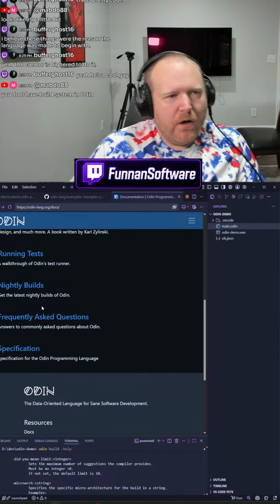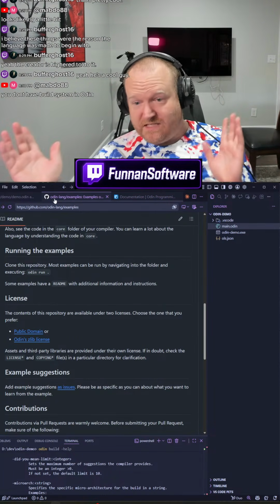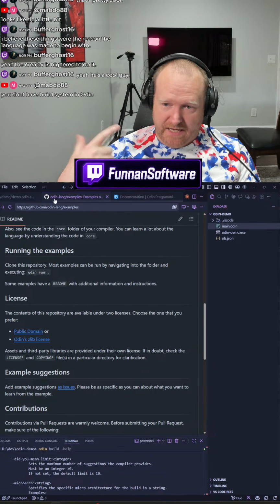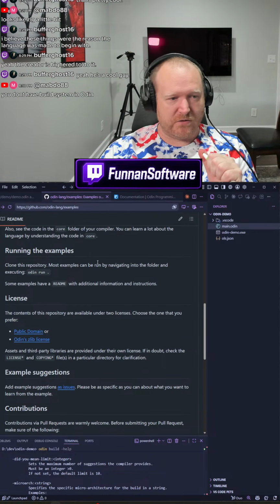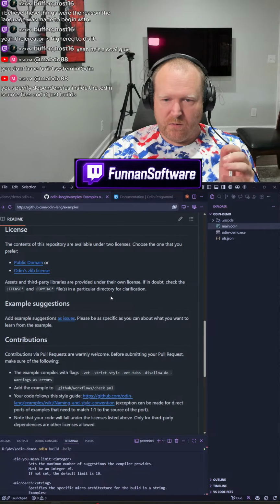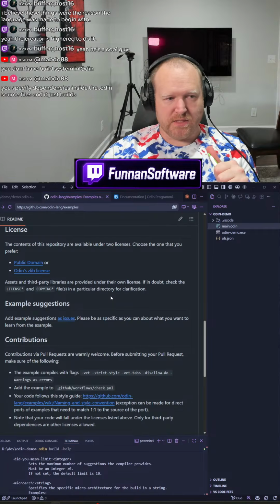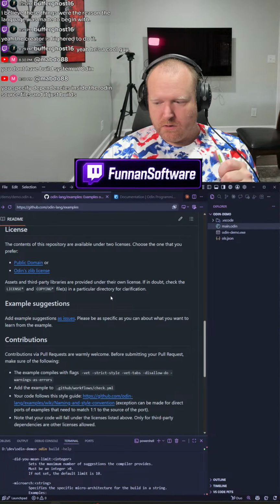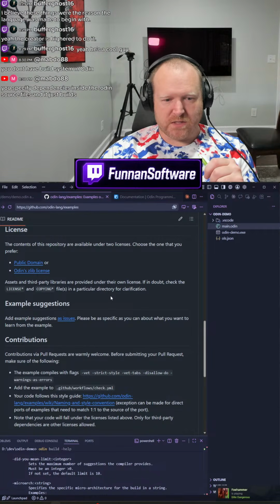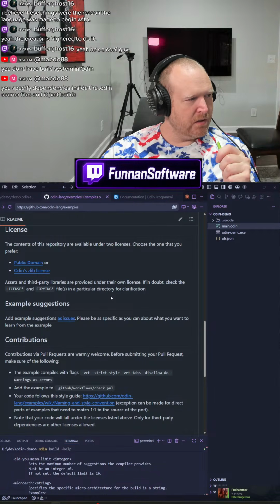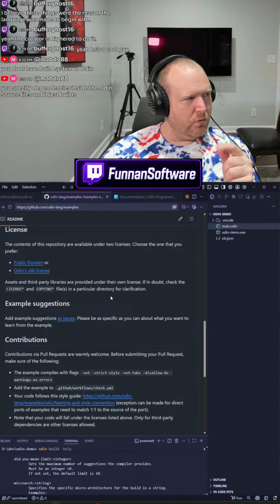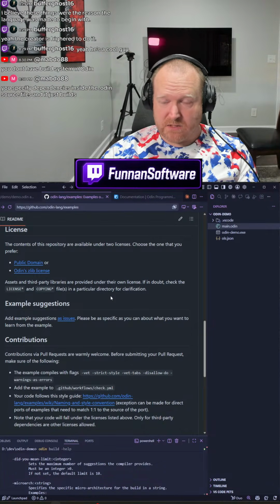You don't have a build system in Odin, but then how do you? Okay, this is fair. Maybe this is my C head, my C++ head, trying to figure out how to do this. But like with Zig, right? You still need a way to specify what libraries you want to link against. You still need a way to specify what targets you're going to build for. You still need a way to pull in assets, right?